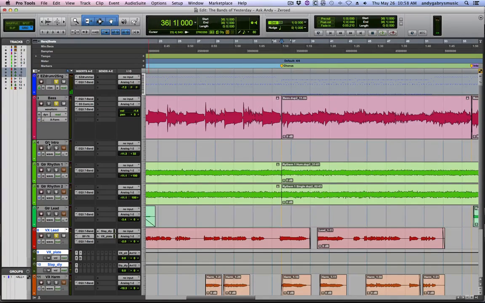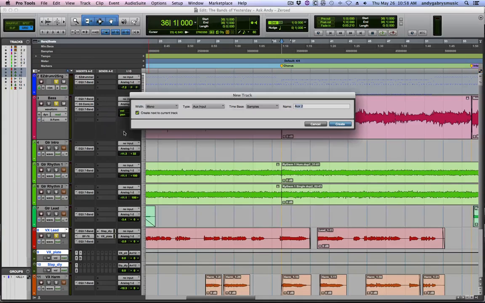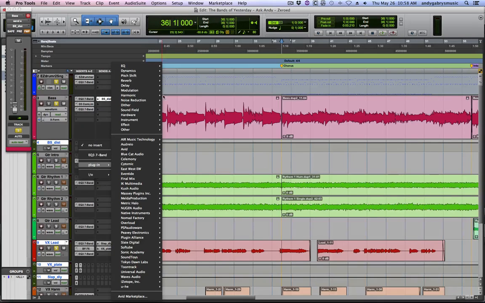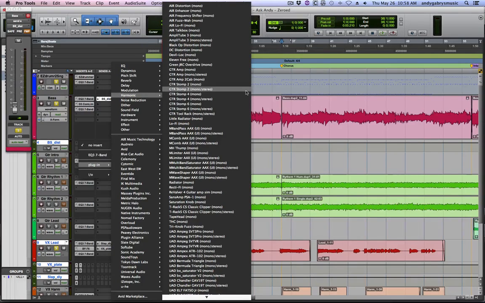I think that's a little bit clearer. The other thing I'm going to do to the bass to make it a little bit more audible is send it to a parallel distortion track, and I'm going to call it bass distortion. Also make it solo safe. And on this bass distortion track, I'm going to put in a stock Pro Tools